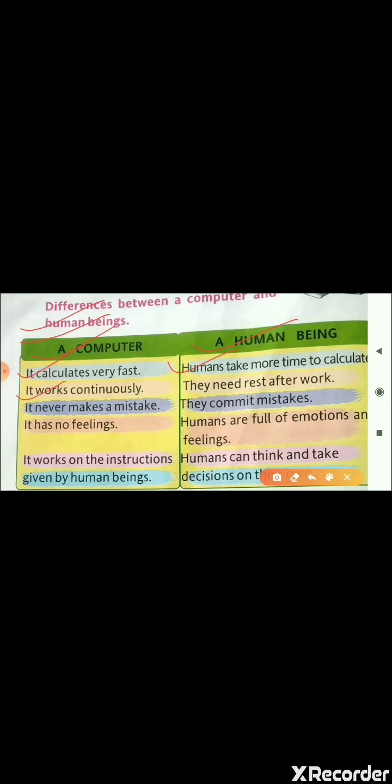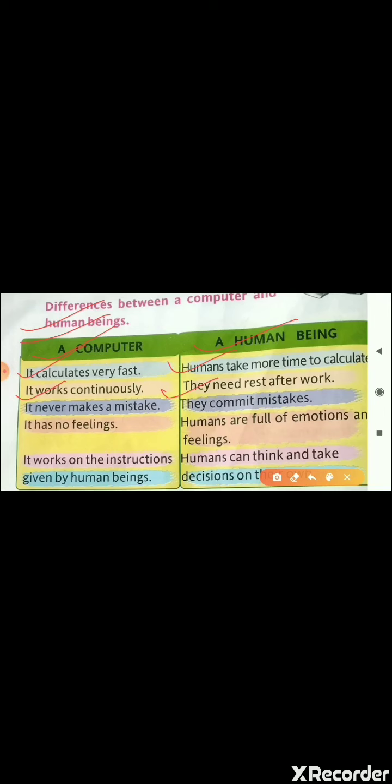Yes, a computer works continuously, and humans need rest after work. If I am doing any work for half an hour or 45 minutes, I need to take rest. I need water or I need to move here and there. You people are also doing like this. But a computer works continuously. A computer does not want to take rest.